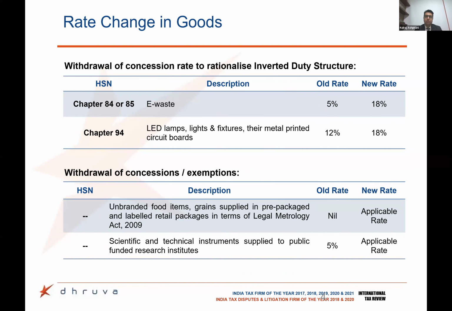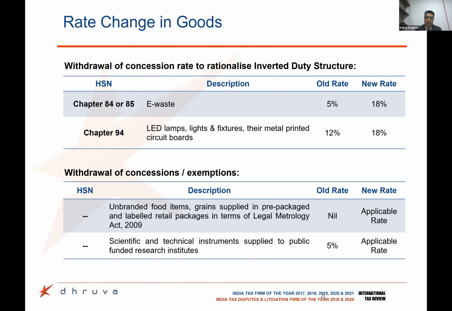The first, and the one more talked about, is the exemption being withdrawn on unbranded food items which carry the requirements under the pre-packaged or pre-labeled retail packages, which are packed as per the Legal Metrology Act and have appropriate declarations on them. There has been a lot of discussion, news, debate about all this, a lot of memes being created, about what the intent of it is. So very precisely, the government wants to tax all these unbranded food items which do carry a label requirement under the